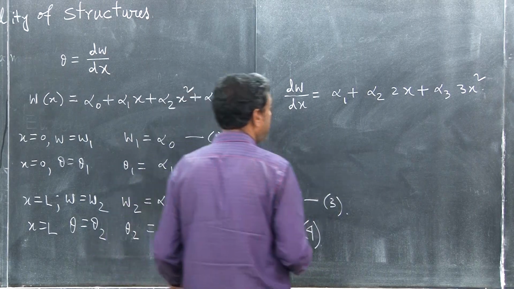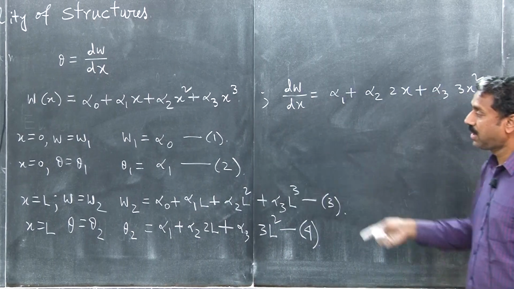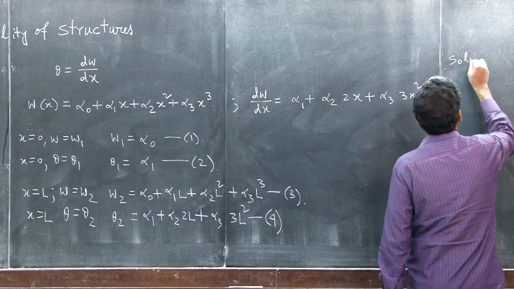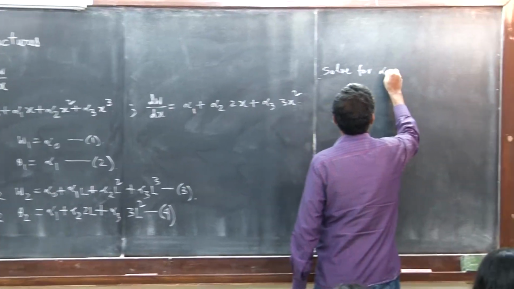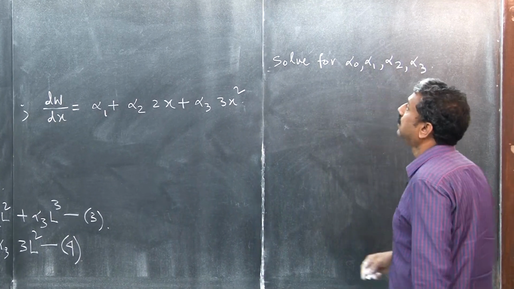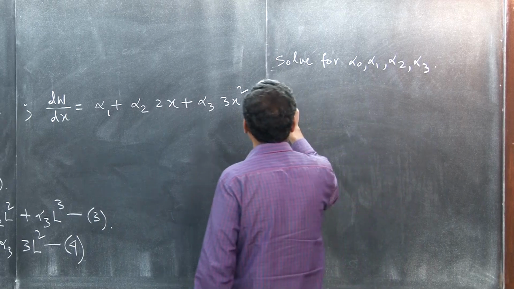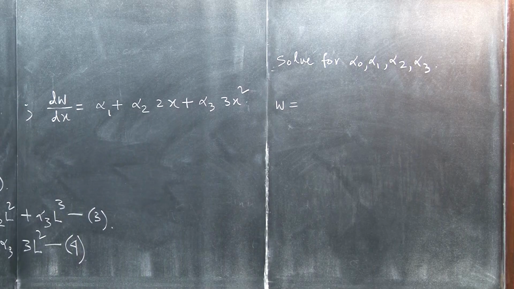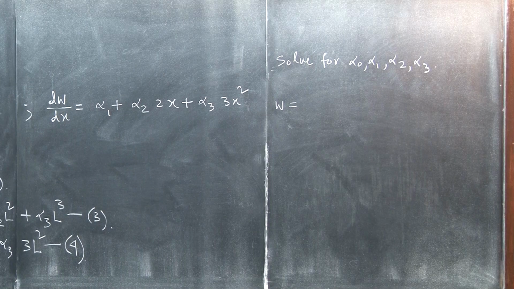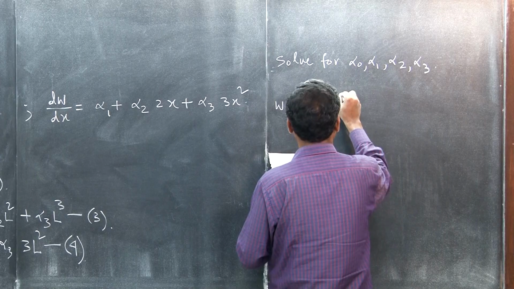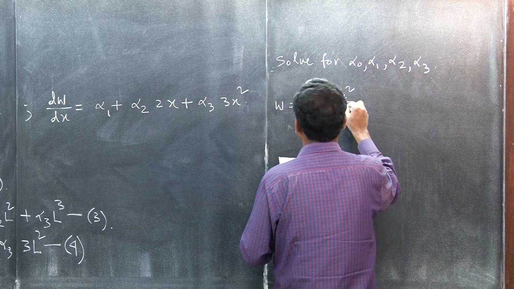So now we have 4 equations and 4 unknowns, we can solve for alpha 0, alpha 1, alpha 2 and alpha 3. These are constants, right? These are constants. Okay. So we can write W is equal to, if we solve it, then you will see W is equal to 1 minus 3 x square by L square,